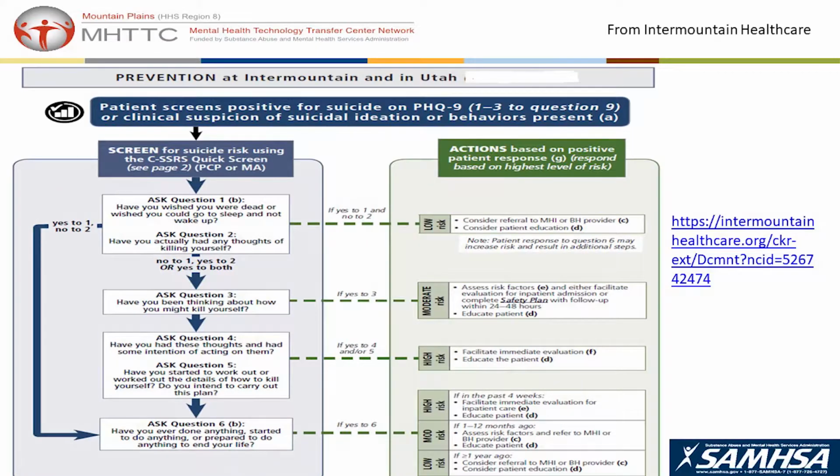And so the next question, I'll read it this way, have you actually had thoughts of killing yourself? So not passive, but more active. If the answer to number 1 is yes or no, and the answer to number 2 is no, you can go on then to number 6. If you answer number 2 yes, then we ask the rest of the questions. So it's tough to remember that. So if you have a little card, that's great.